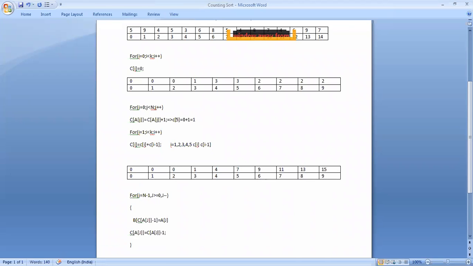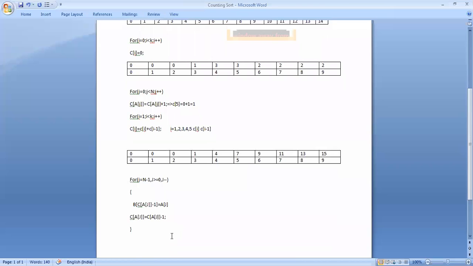Okay. So now we'll take values. First of all, j equals n minus 1. So j equals n minus 1 means j equals 14. Yes. So now when j equals 14, first of all we'll calculate A[j].